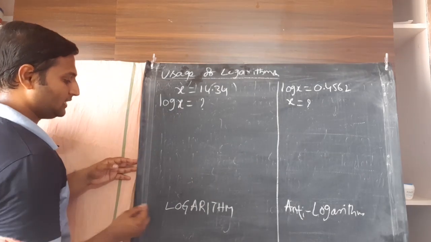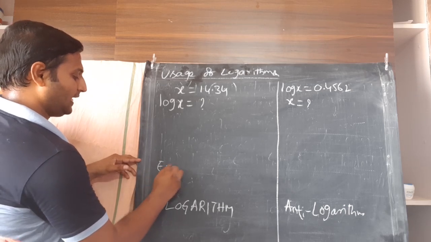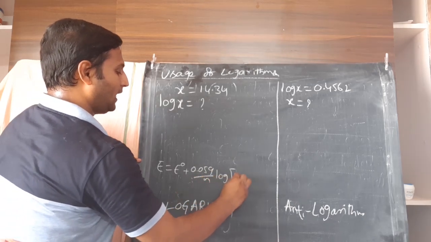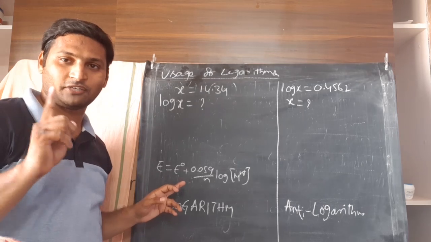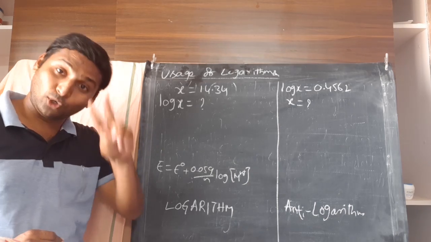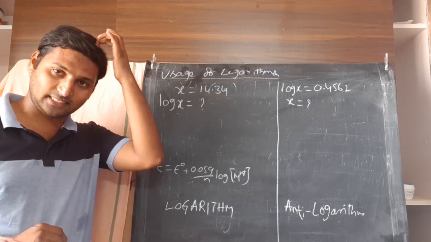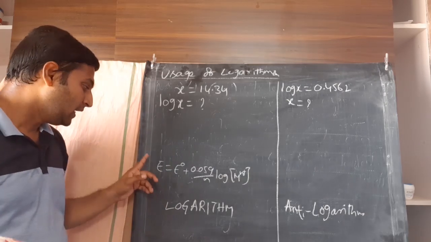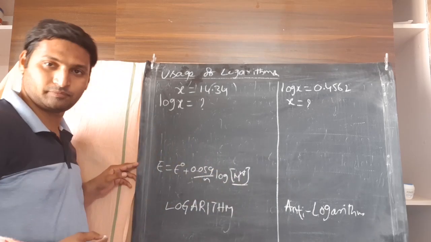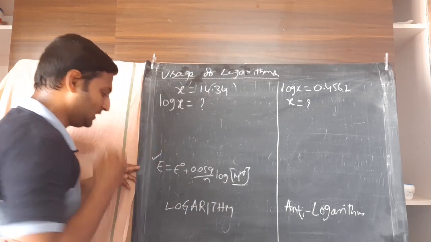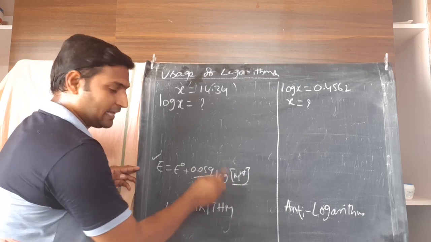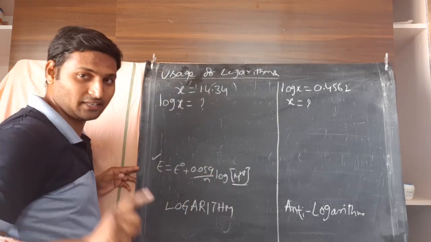See, remember this was your Nernst equation: E is equal to E naught plus 0.059 by n log Mn plus. This was the Nernst equation for single cell potential, right? Now there are two chances. Both models we have solved in the exercises. Go back and relate to them. One is they have given you the concentration of cations and they are asking you the electrode potential. Assume the concentration of cation is x. Then you know the x. In the problem, x is given.